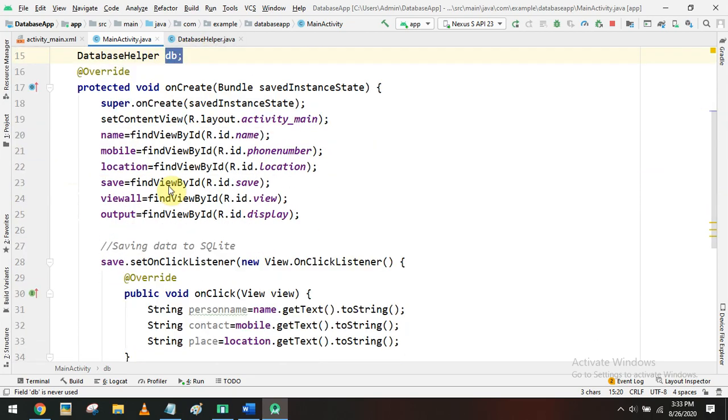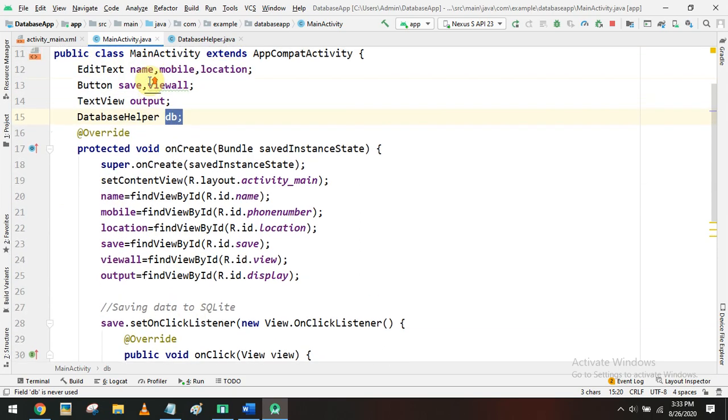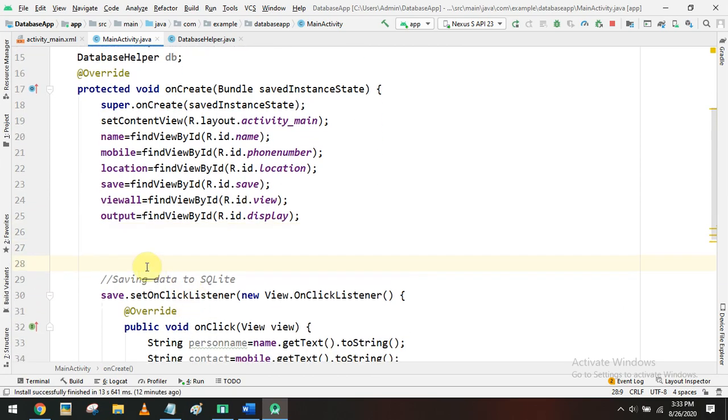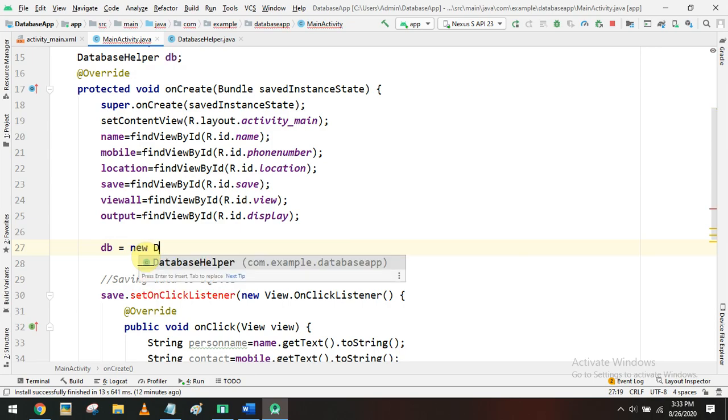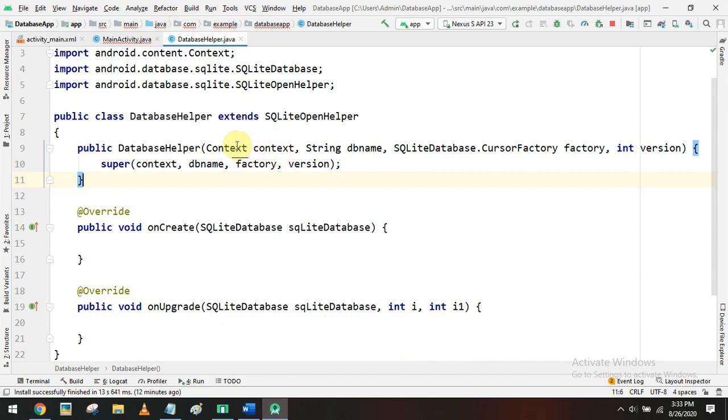Before calling the functionality, we have to create the database helper object. After creating the variable outside the onCreate, inside the onCreate function we have to initialize the DB variable equal to new DatabaseHelper. Inside we have to pass these values: context reference, database name, cursor factory, and the version number in integer format.